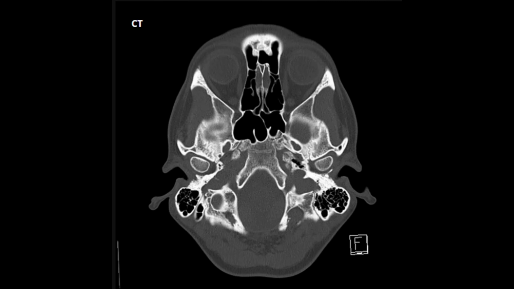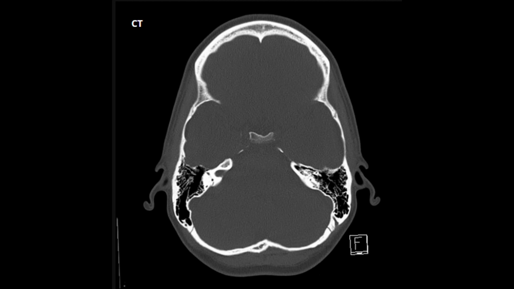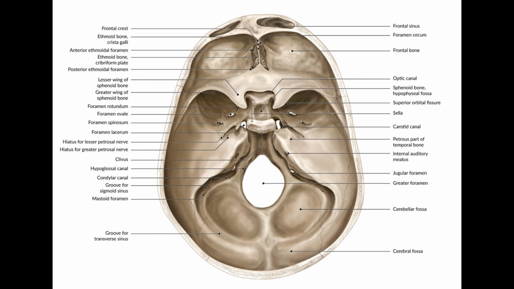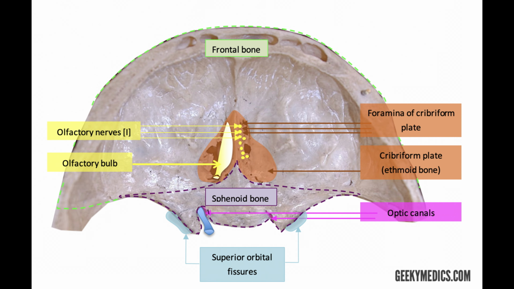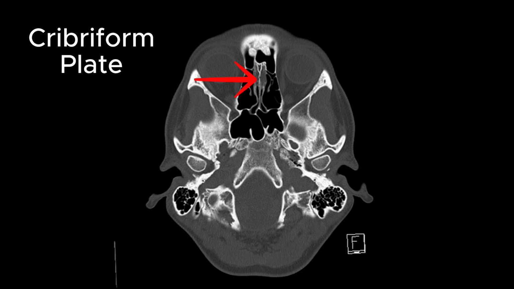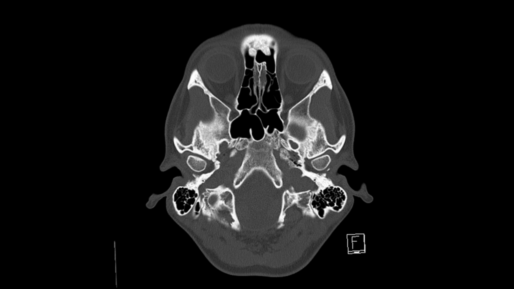These foramina can be visualized on axial slices of CT brain. Skull base has very important structures and usually they are visible on a CT scan. But for this series, we will only discuss the ones that are clinically relevant to us. As you all know, anterior fossa contains three foramina. This here is the cribriform plate which contains cribriform foramina and it transmits the axons of the olfactory nerve.